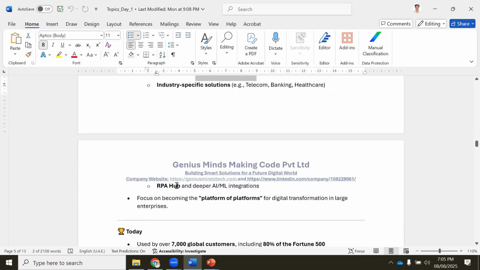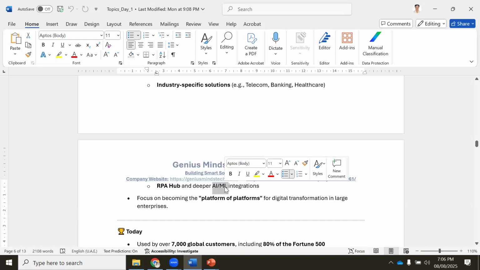Then RPA Hub, deeper AI and ML. We all know what AI and ML are, correct? AI is artificial intelligence, ML is machine learning. So they brought RPA Hub to integrate AI and ML with external tools.